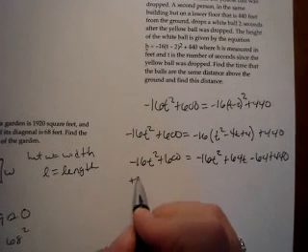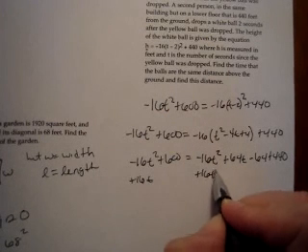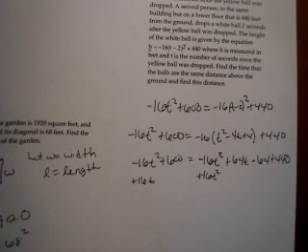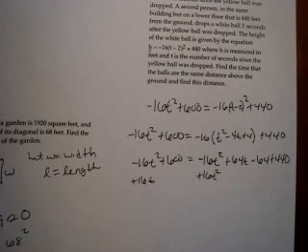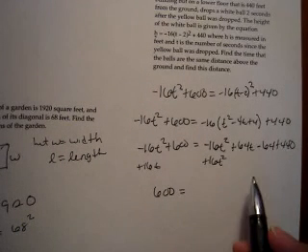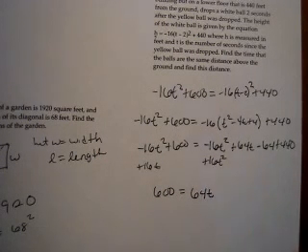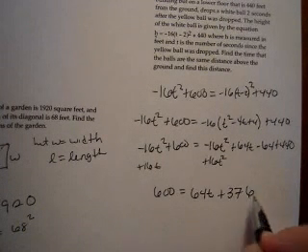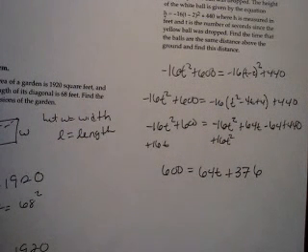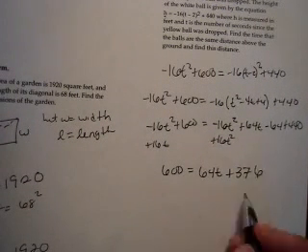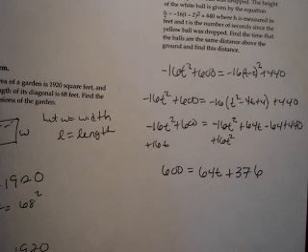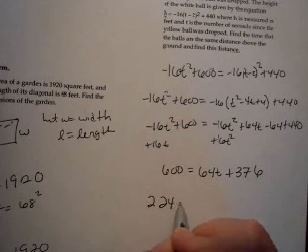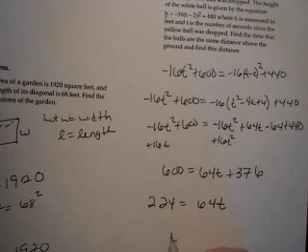Okay, now the first thing I see that makes me happy is that this is not really quadratic because the 16t squareds go away when I add it to both sides. So I really have 600 is equal to 64t plus, let's see, what's 440 minus 64? I can't do that in my head today. Sorry. 376. Okay, now let's solve for t. So I'm going to subtract 376 from both sides, and I'm going to get 224 is equal to 64t, and so when I divide by 64, I get